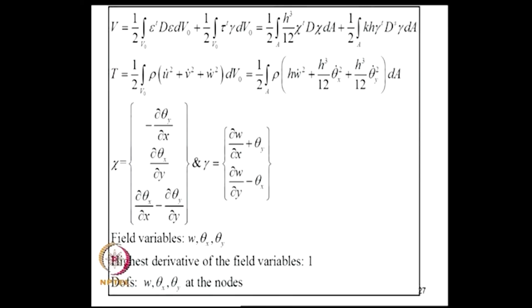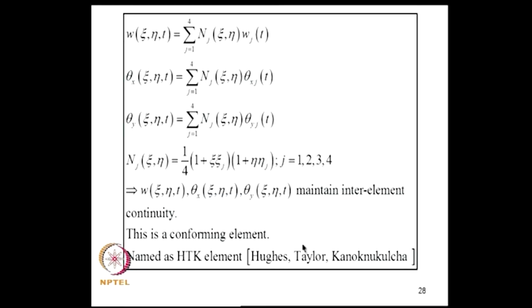What are the field variables? We will have w, theta x and theta y. The highest derivative of the field variable is 1. See, we are having dou w by dou x, dou theta x by dou x, dou theta y by dou x, right. So, the degrees of freedom are w, theta x, theta y at the nodes, and since the highest derivative of the field variable is 1, these are the degrees of freedom, and we can now represent the field variables in terms of